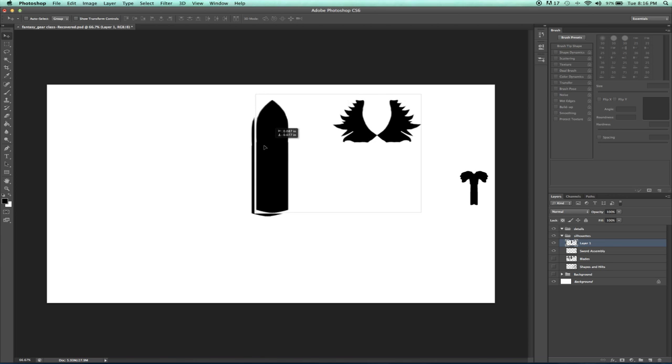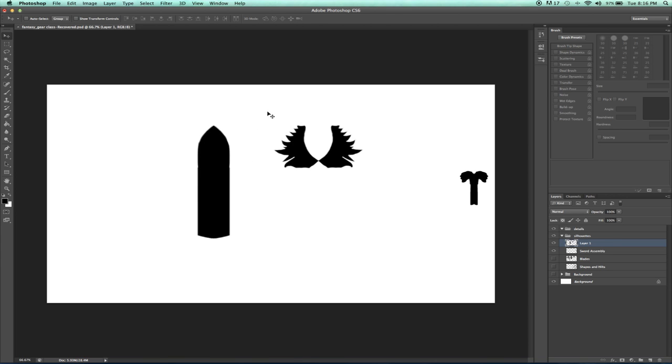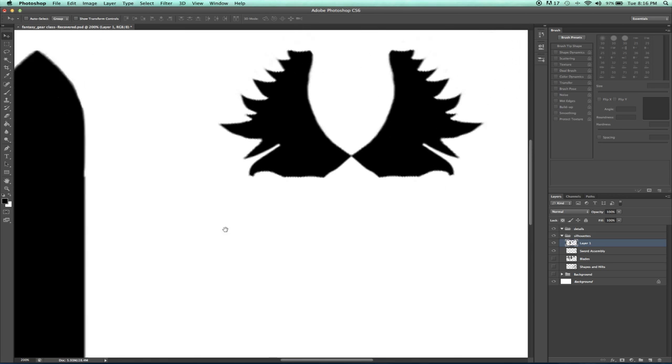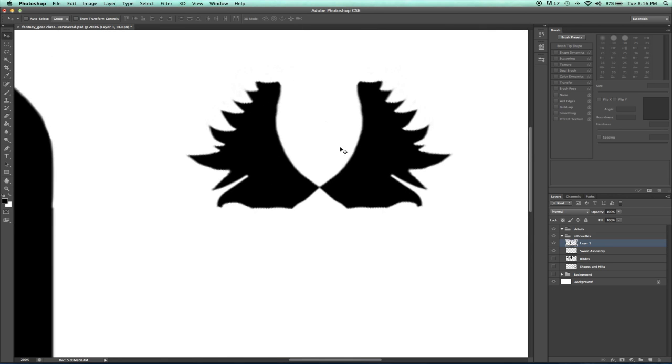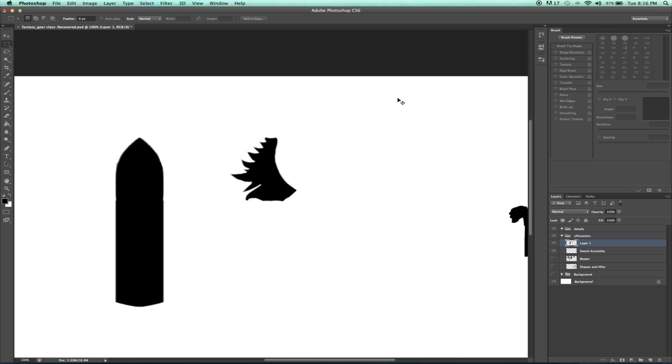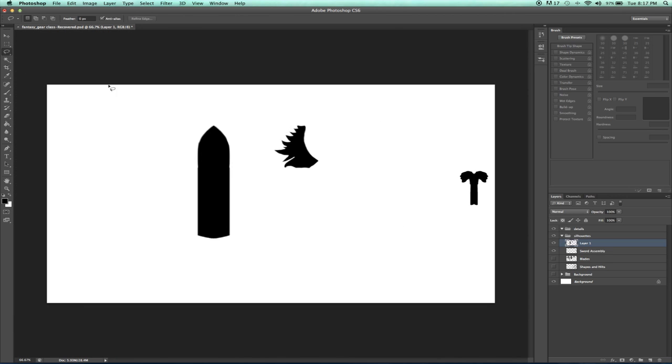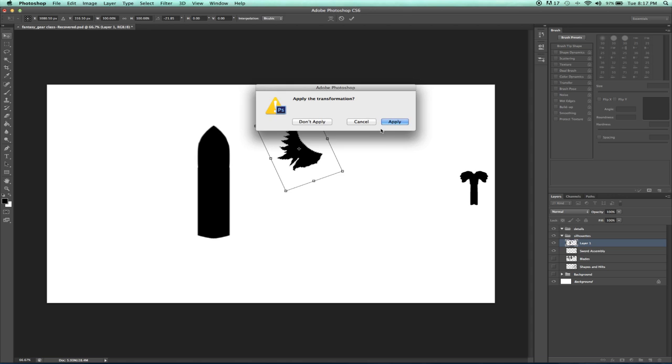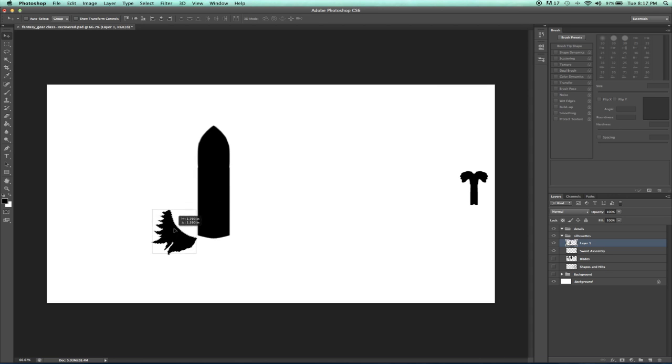Now I'm going to take this opportunity to zoom in to my crossbar, and I'm going to separate this because I want to make these a little bit more angled. So I'm going to try to come in here and select that half and delete it. Then I'm just going to follow the same process that I showed you guys in class. I'm going to select this part of the crossbar, Command T to turn it, apply the transformation,